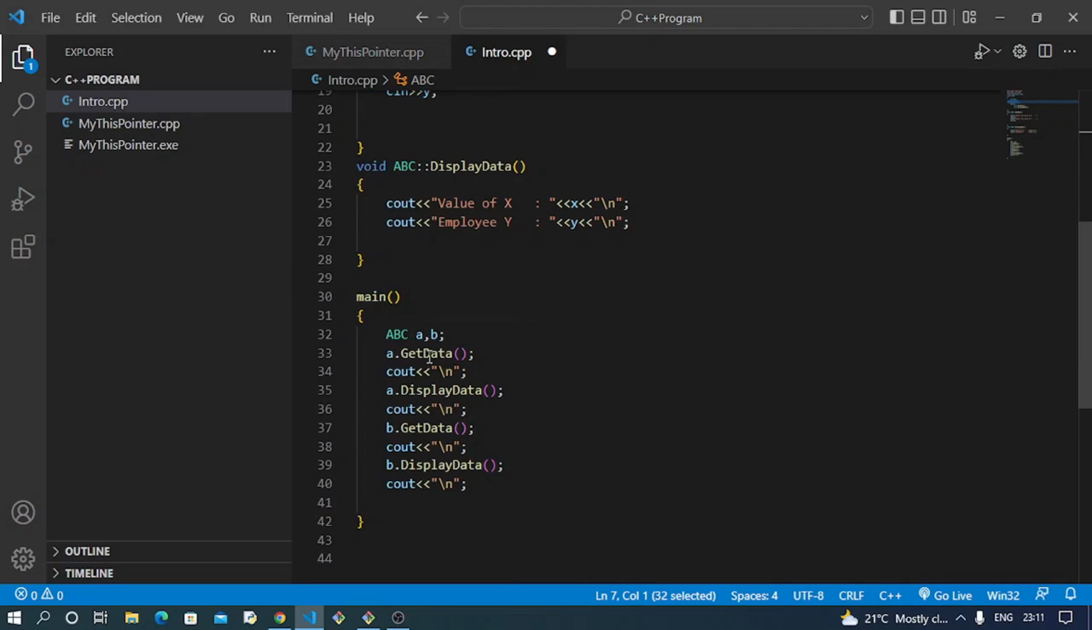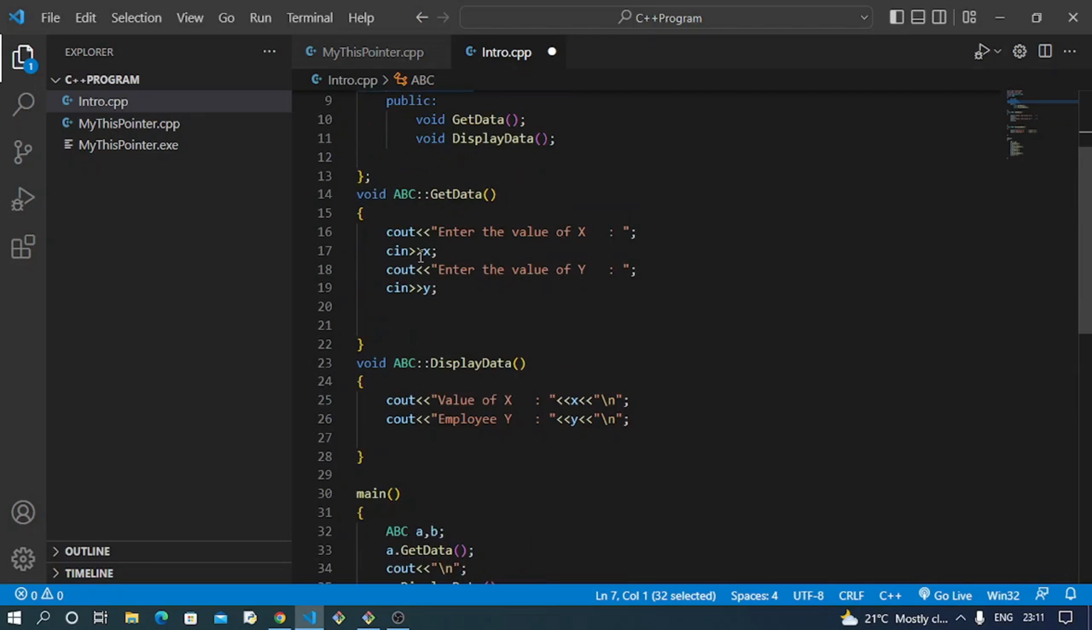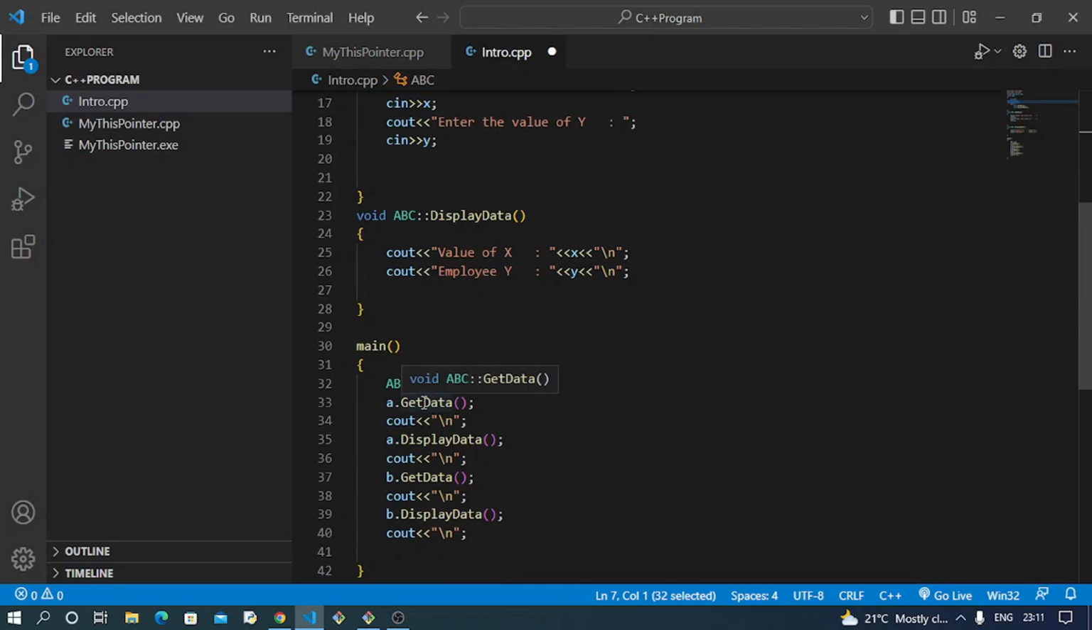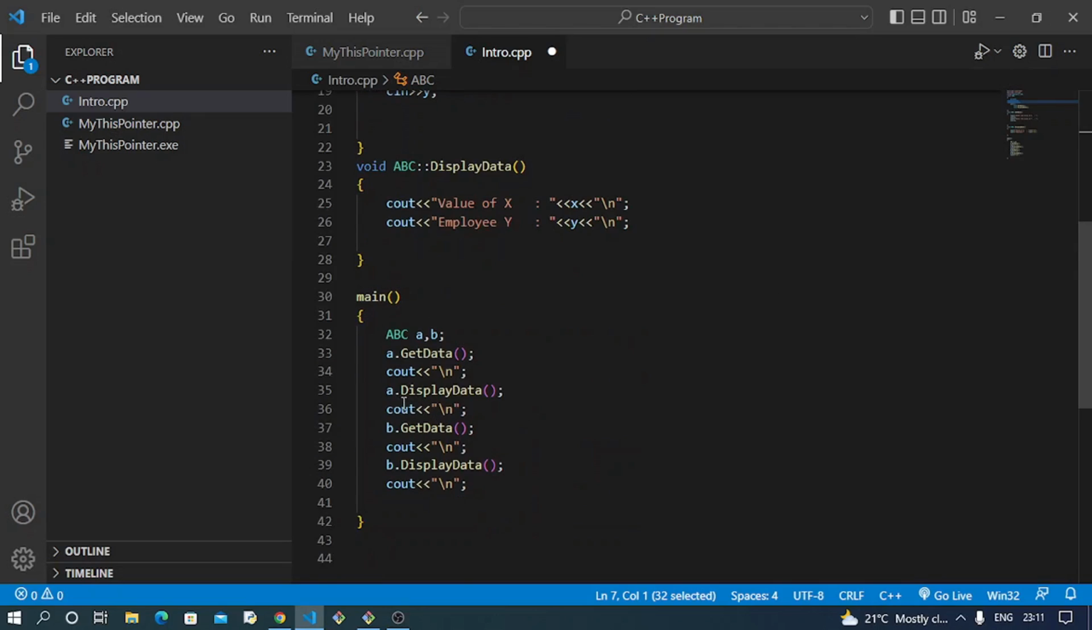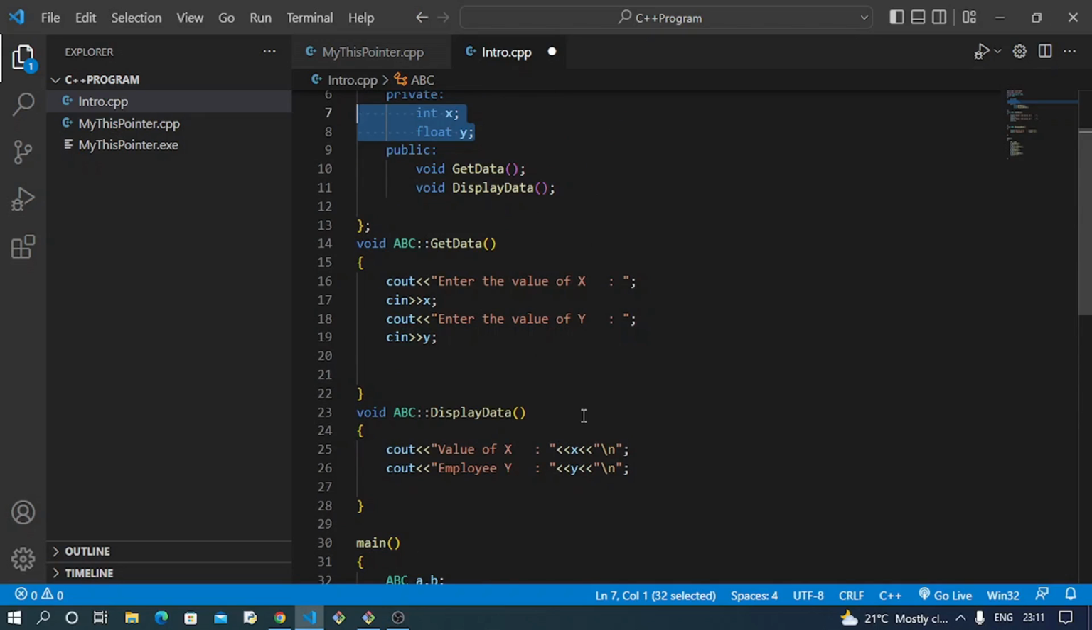So now you're calling a.getData and you are getting the value for x and y. So who is calling this getData function? The getData function is called by an object called A. So A's x and y are taken from the keyboard. Similarly, you have a.displayData, which is going to display the values of x and y